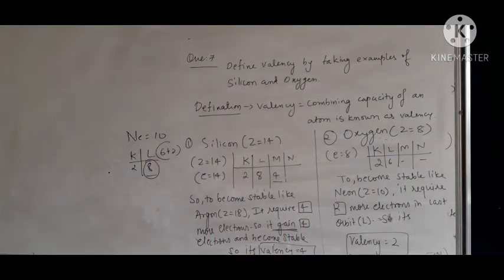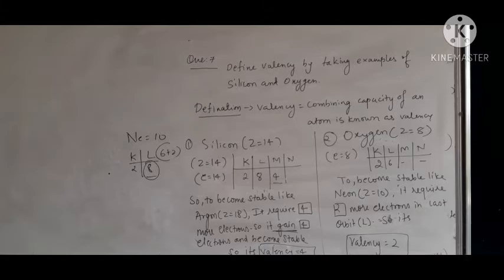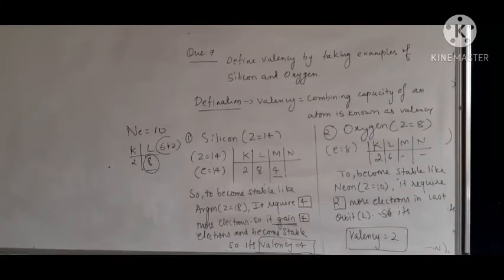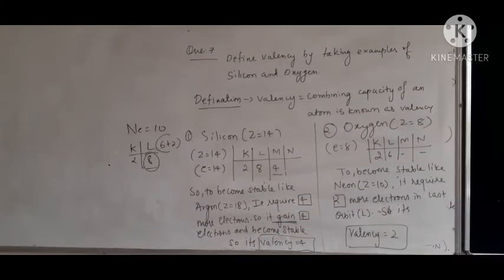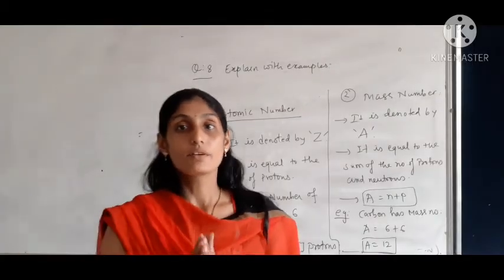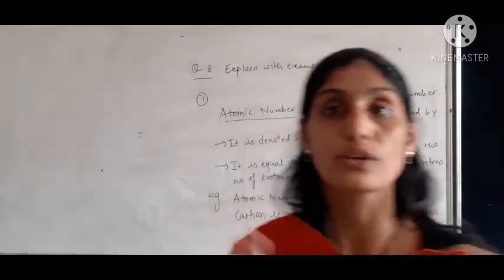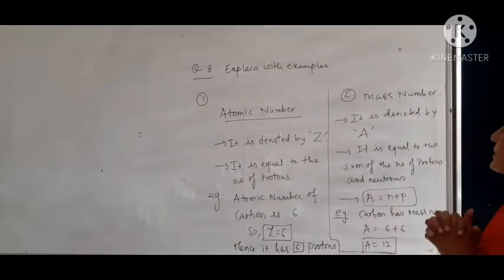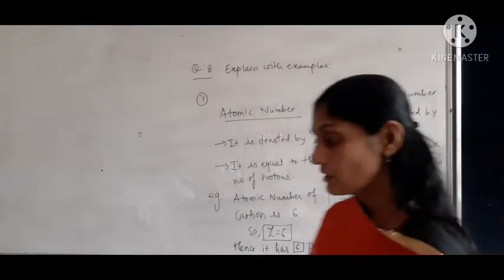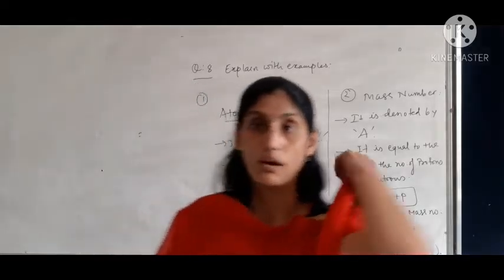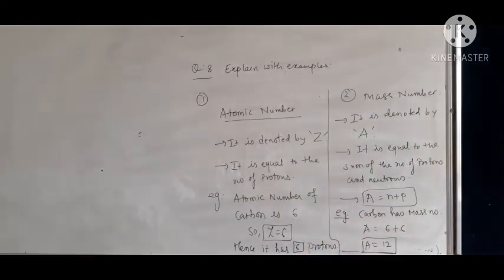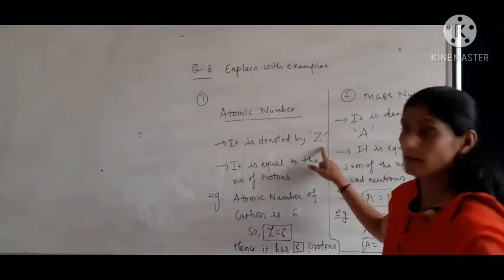You can copy it and then we are moving to the next question number 8, that is definition for the particular atomic number. So now when we talk about the next question, that is we have to define 4 terms. First term is atomic number, second is mass number, third is isotopes and fourth is isobar. So children, when we talk about atomic number is denoted by capital Z.